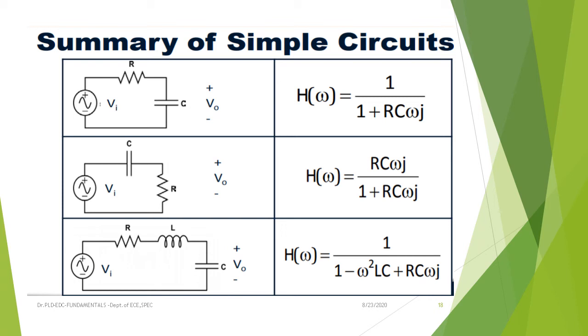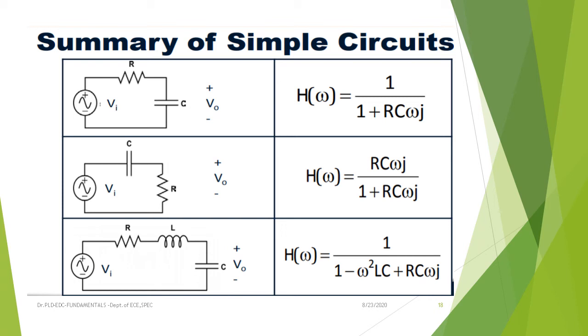Okay, then in this particular equation, first V in is written, and then because an integral term is there, you have to go for differentiation of the equation, then simplify it and evaluate based on the previous formula to find the transfer function of this particular circuit. H of omega equals 1 by 1 plus j omega RC.